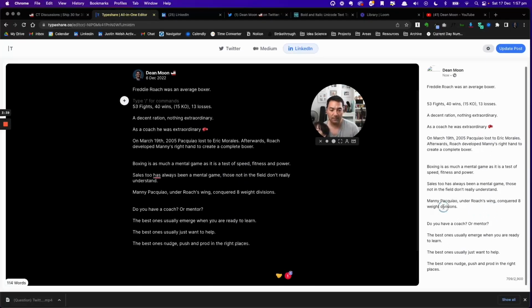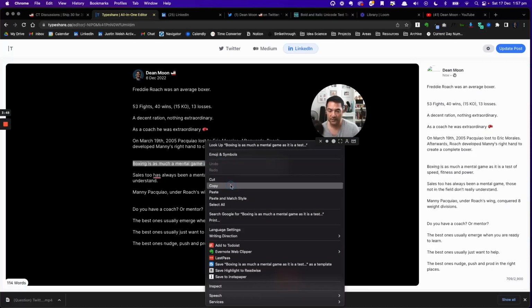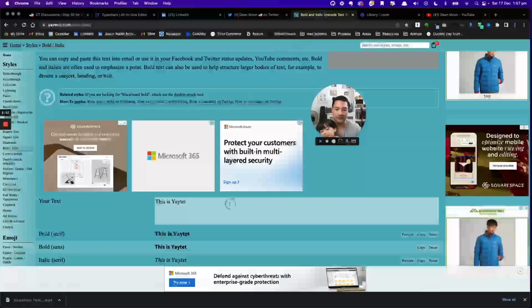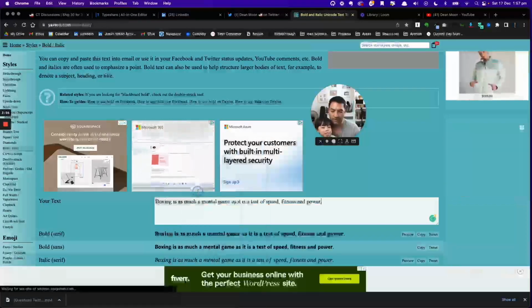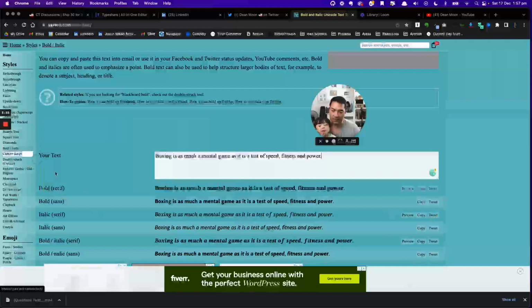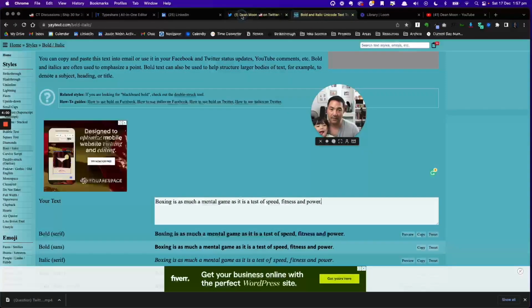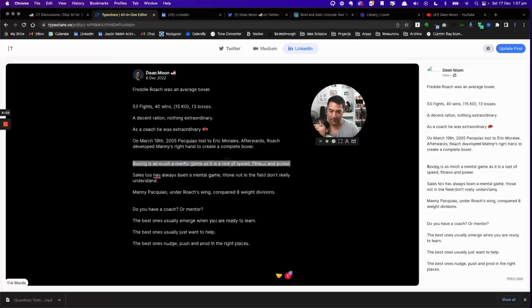When I format, I'll use things like spaces. I'll use an app like Text, which will do things like bold. Here's an example. So here's Text, and if I paste what I've done, it's bold here. If you click bold, it's pretty straightforward. Then I copy that and pop it back into TypeShare.